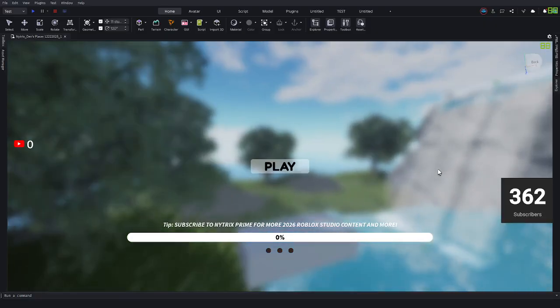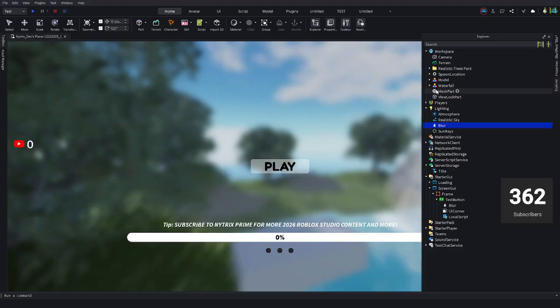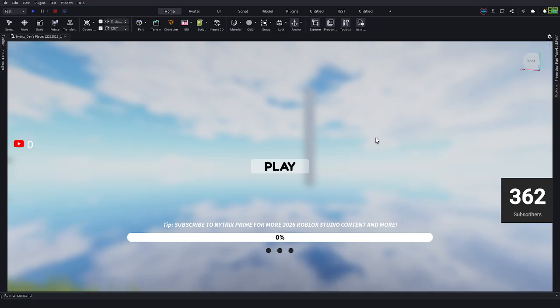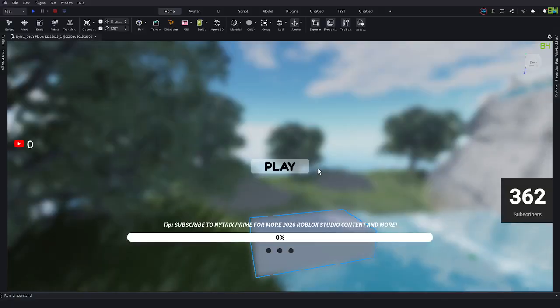Now we can just keep your screen right here. If you want, you can go to explore and select that part, view lock part, and go to properties and make the transparency 1. It's completely your choice, or just keep it as 0. And then you see how I'll spawn over there and I'll be over here. So like this. So if I go press play,